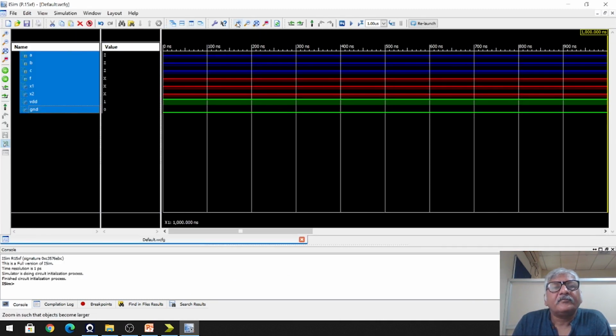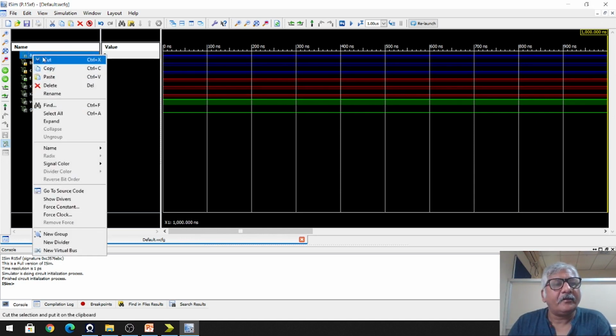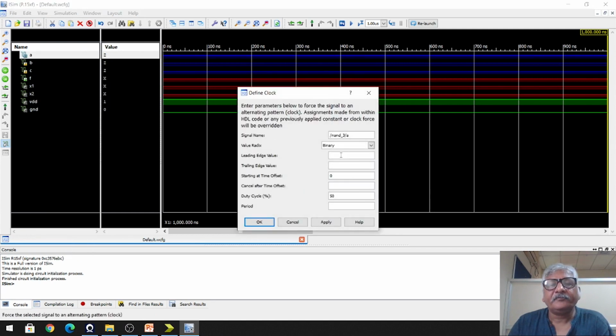Now I will simulate this. Okay, so here I will apply the clocks to input A, B and C, right? So to the A, I will force one clock here. 1, 0. Duty cycle is 50% and period is suppose 4 microseconds.